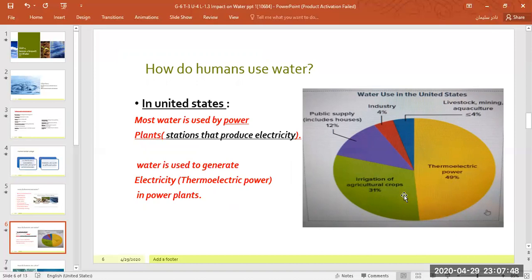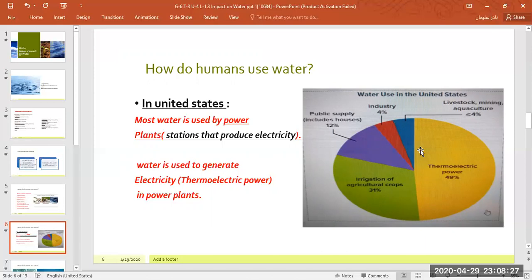Also, if we look at the pie chart, we can see in the United States, 31% of water is used for irrigation. Irrigation is the process of giving water to the crops, okay, for agriculture. 12% is used for public supply, like household activities, and 4% is used for industry in factories, and the remaining percentage, which is less than 4%, is used for livestock, for mining, for aquaculture, and for other activities. Okay, but